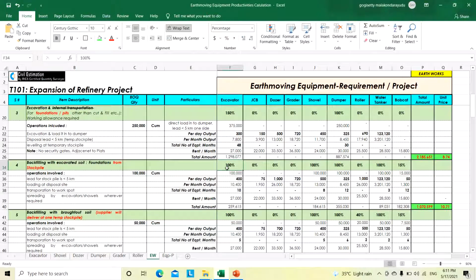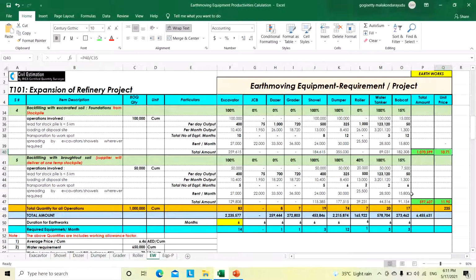For that purpose we also engaged the excavator, so 100% is required, 100% is taken. So a total of 170,599 is required to do the 100,000 of backfilling with the excavated soil. So per cubic meter it is 10.71.